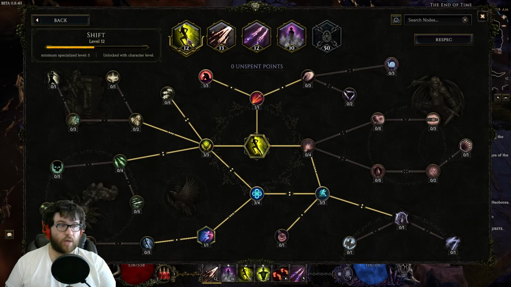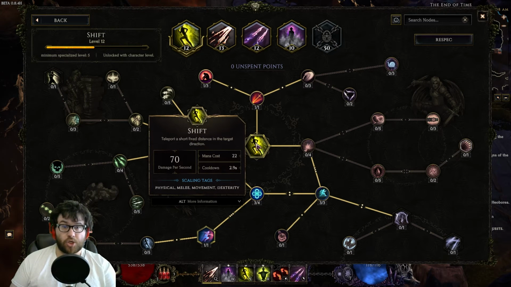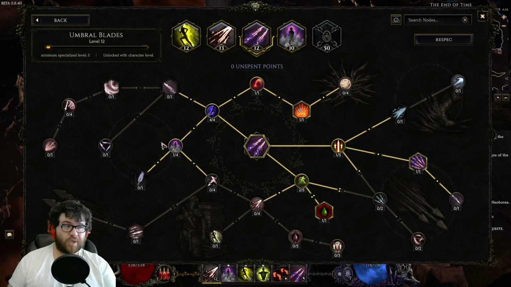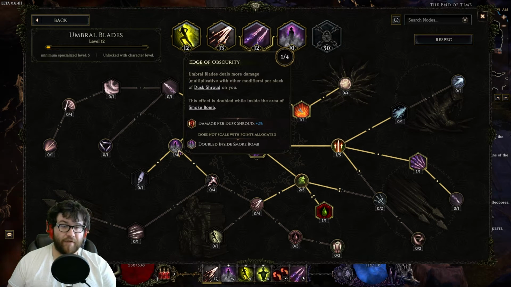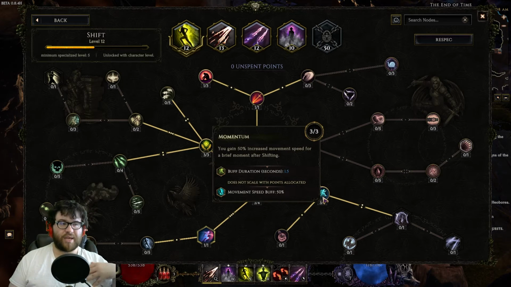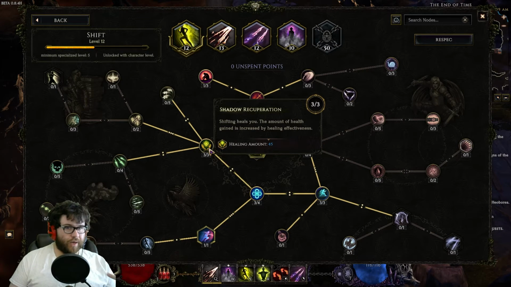Then, of course, Shift. It's your stereotypical Shift setup. I don't really have to explain this. You pick this after Flurry. And then, of course, Smoke Bomb. Now, one thing you could do is, instead of speccing into Shift, you could spec into Smoke Bomb faster, and you could get access to Edge of Obscurity faster and deal more damage to bosses faster. But I found the movement speed of Shift to be very nice. And the healing from Shift as well is a large majority of our sustain early on,